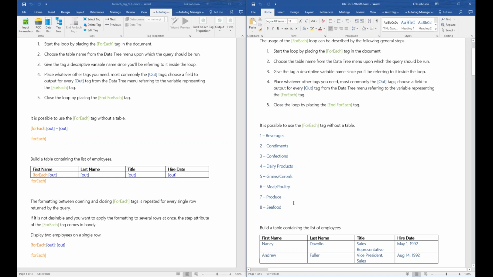I'm going to go back here to the template for a minute, and the reason why is that we've added the end for each tag on the very next line after the alt tag. So there's nothing after this alt tag, all this white space. Then the ending for each tag is on the next line. So to illustrate this a little more, I'm going to go up here to the Home tab, turn on the Show Hiding,